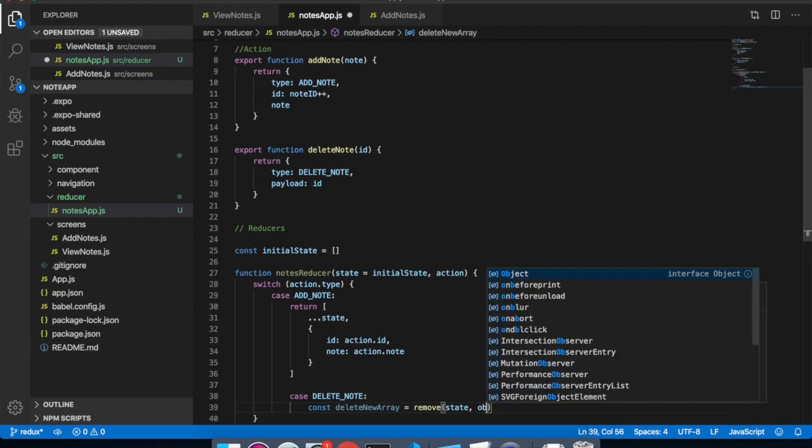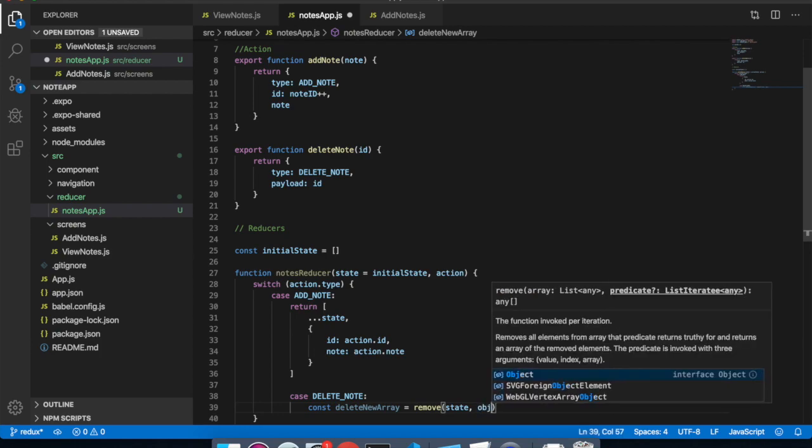What is it doing? It is removing the note from the array and returning a complete new array without that specific note. Okay,